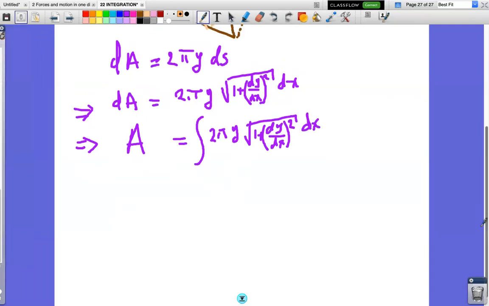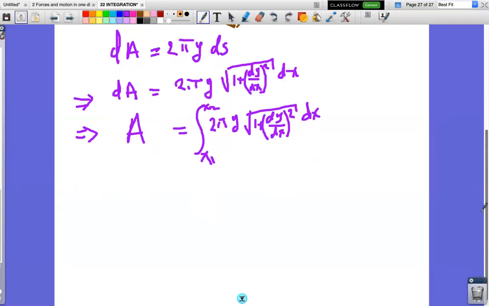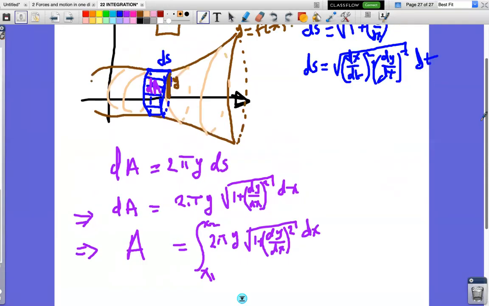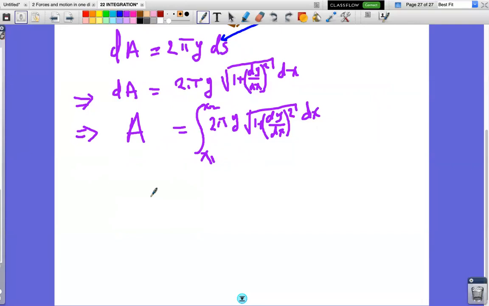You can integrate from x1 to x2. And if your equation is given in parametric form, you can just put the parametric part. ds here becomes that, and that will give you your A